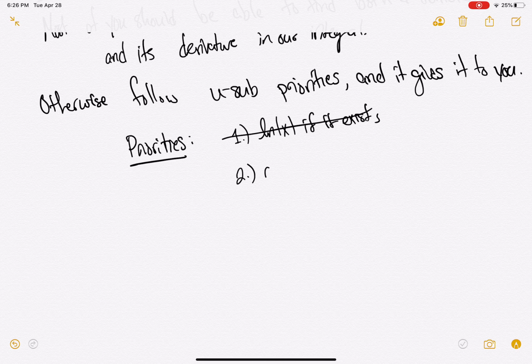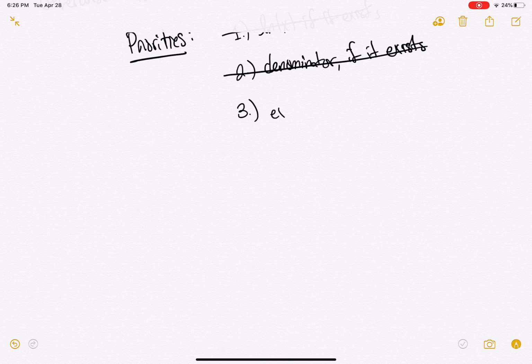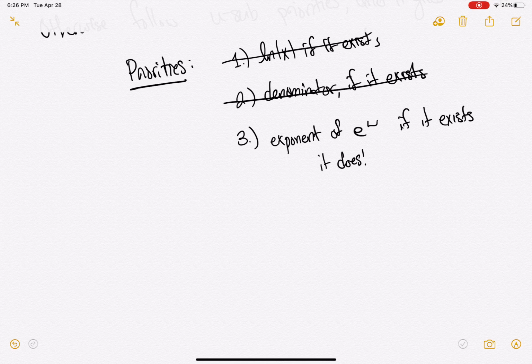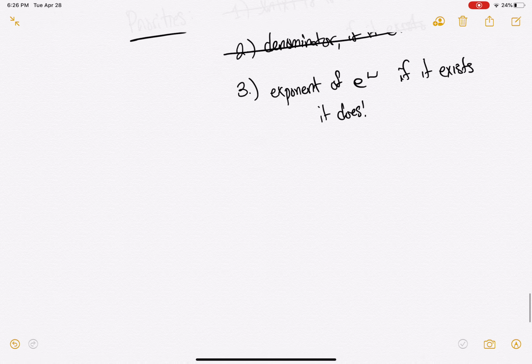Priority 2 is denominator, if it exists, which it doesn't. And priority 3, we get to the exponent of e, if it exists. And indeed it does. So we'll use this,